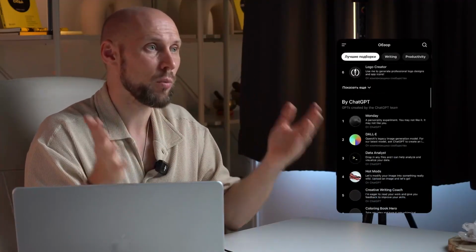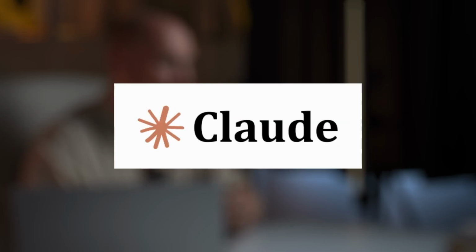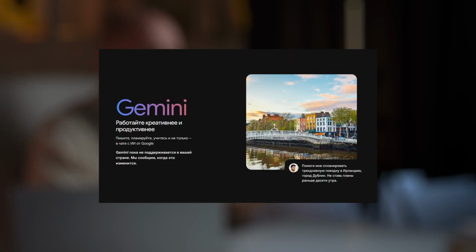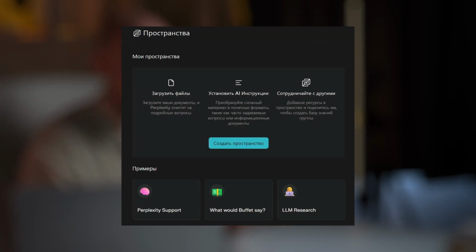Yes. For example, in ChatGPT, there's a GPTs feature where you can create your own assistant. The GPT Tunnel service also lets you create your own assistants. Claude has projects, Gemini has gems, and Perplexity has spaces. Basically, whenever you get a result, like when you find a really great prompt that can do an hour or even 2 hours of work in just one go, be sure to save it as a separate assistant. That way, the next time you need it, you won't have to remember the prompt, you can simply go back to it and use it again.